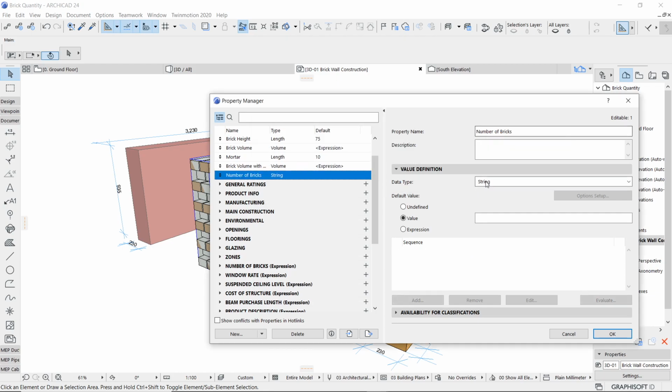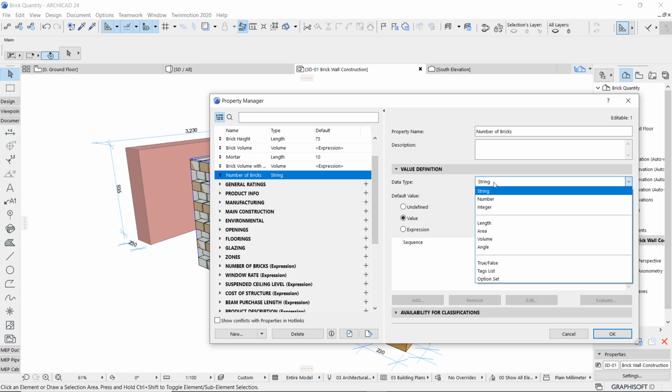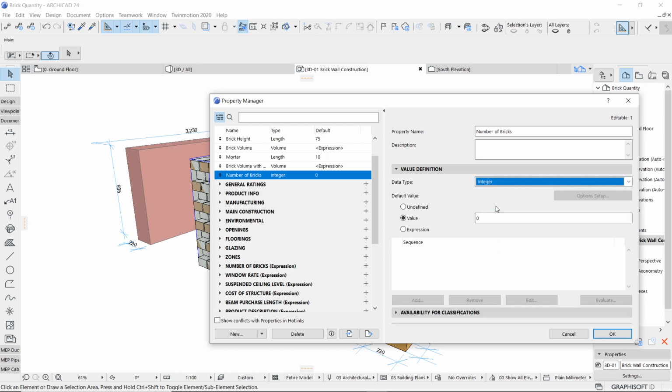This is purely a number, and also if you need that as an integer, that is without fractional value. So it will be solely 1, 10, 15, not 1.5 or 8.5. Okay, so let's find out further how to define the expression for this.